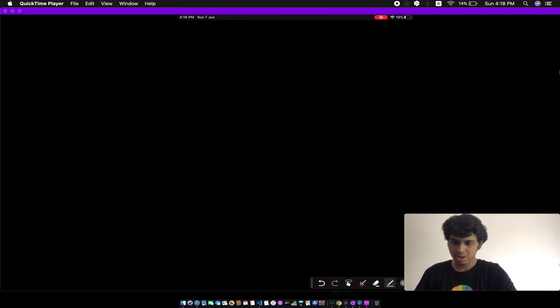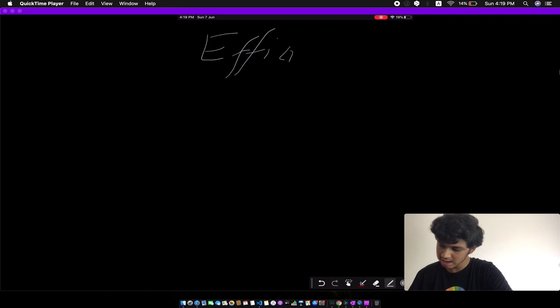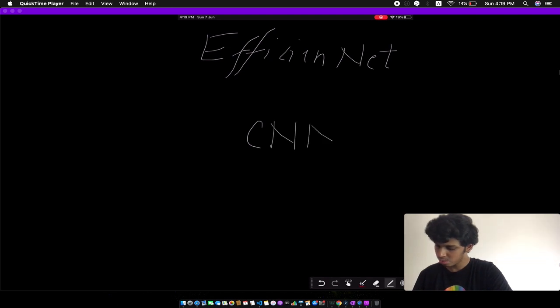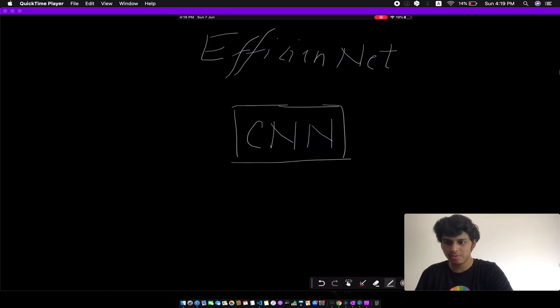So now, since we have a good sampling procedure in place, let's actually try to understand which model we're going to use for this particular project. So the model I've chosen is called EfficientNet. EfficientNet is a type of CNN, which stands for convolutional neural network, right? You can think of a CNN as a general purpose visual neural network because it's very good at classifying images, detecting objects in images, understanding video. It's a specially designed architecture to deal with visual information.